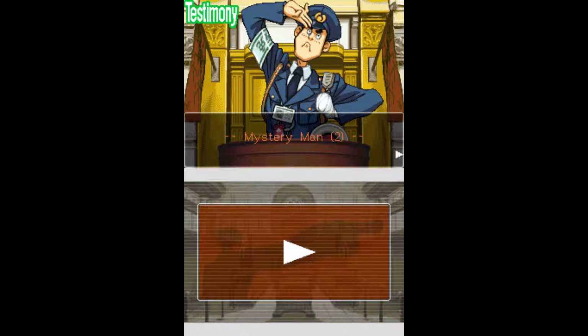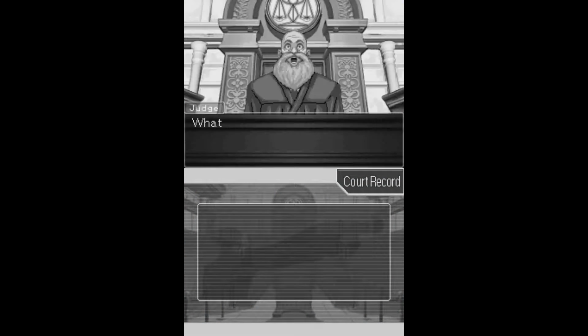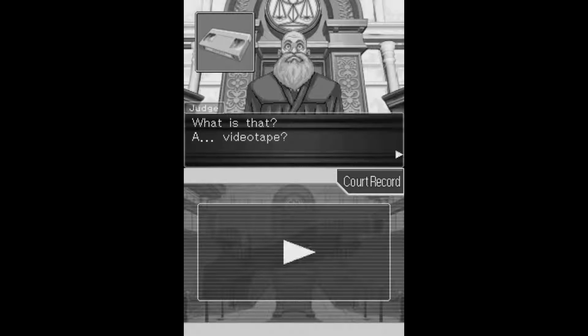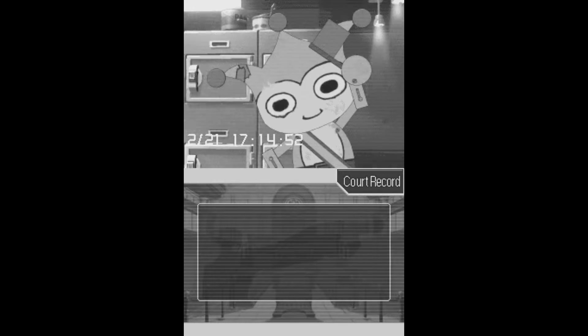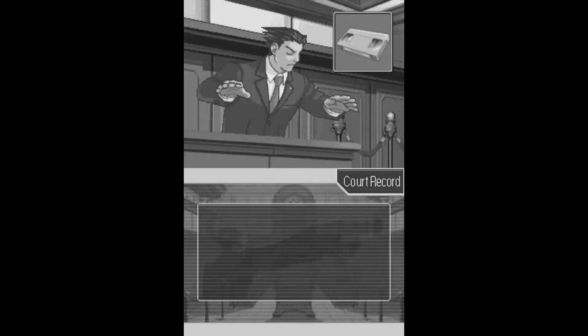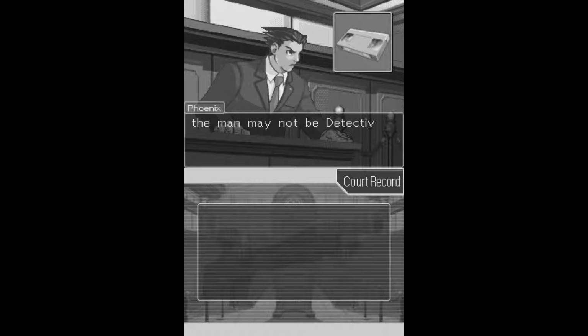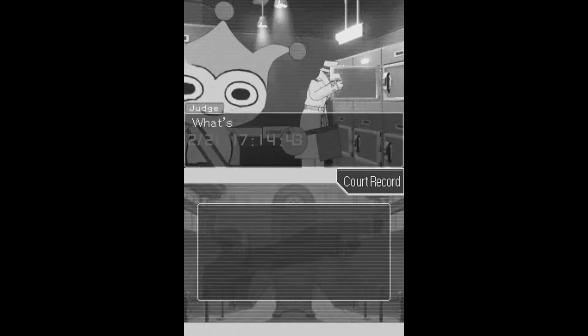On the last episode, we continued on with the trial and actually got the videotape that supposedly had the proof that it was Goodman and Meekins in the evidence room. Turns out that the videotape wasn't really that helpful because there was something blocking everything. But we managed to find out that it might not be Detective Goodman because of pure luck, basically. Just a glove stuck in the locker prevented it from actually closing and locking,